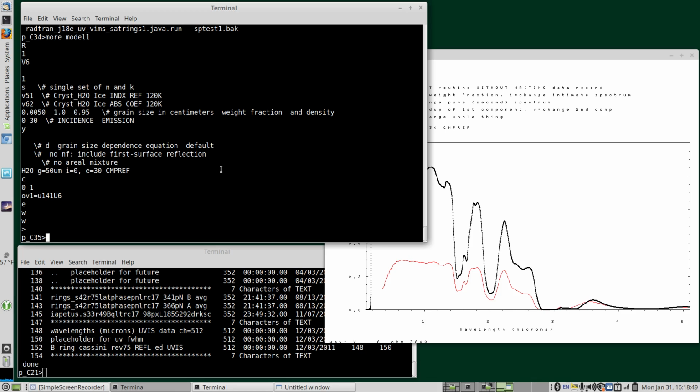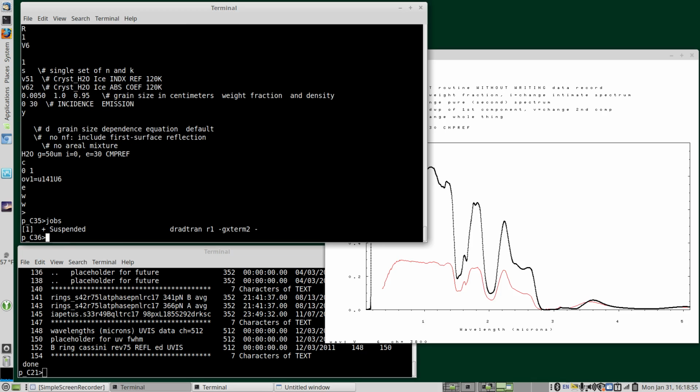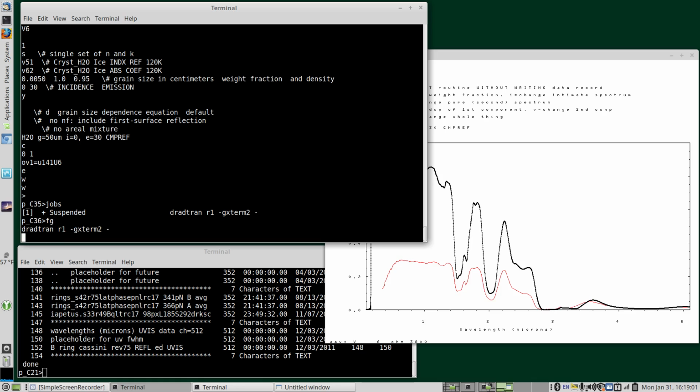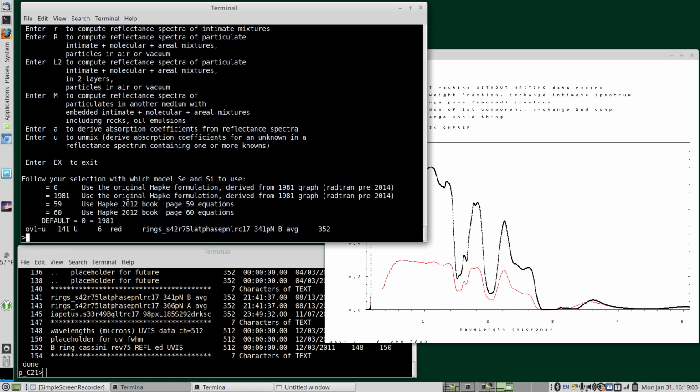But so I Control Z that, putting the program in the background. If you type jobs on a Linux machine, you see your job, FG foreground. We're back to the beginning, so we didn't have to exit the program. So we're going to do this again, only this time we're going to